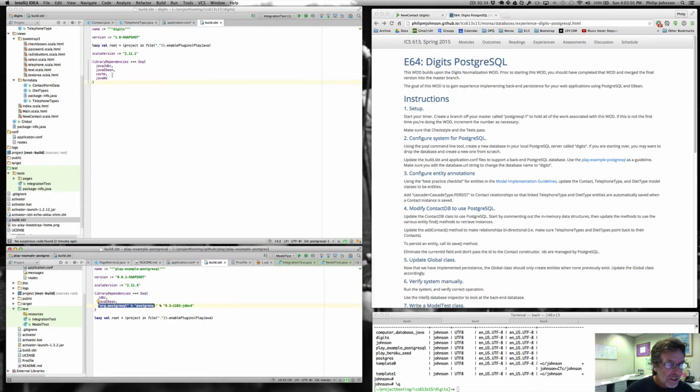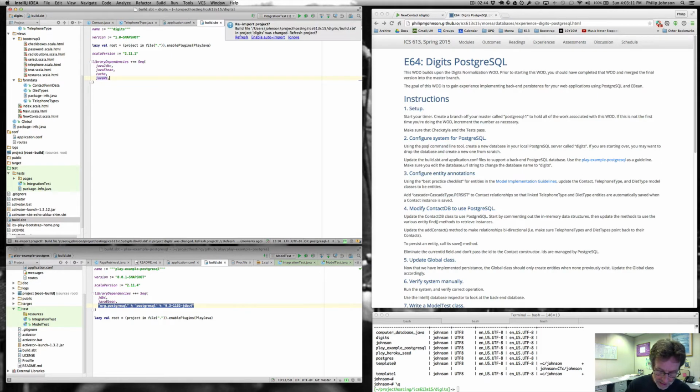In the case of this, because I built off of some other Play template, I've got these other libraries that are in there, and that's fine. So you add a comma, and then you paste in this. And as long as we have JDBC, Java EBean, and this Postgres thing, we're all good. So I'll do refresh, so it's going to make the system again, to make sure that they can find that library. And while it's doing that, we'll go on to look at